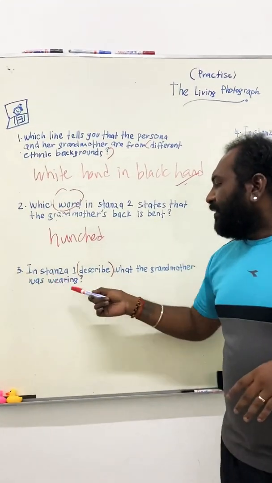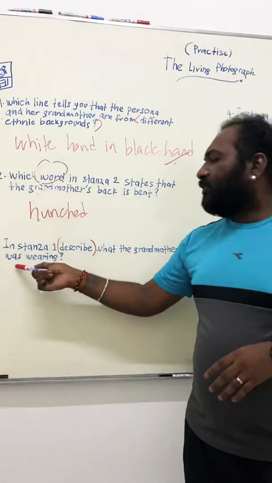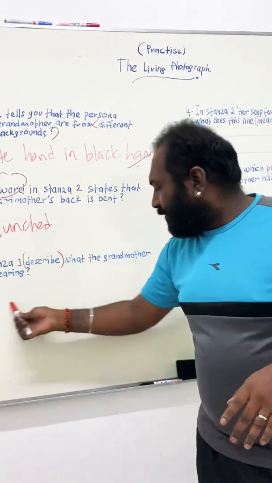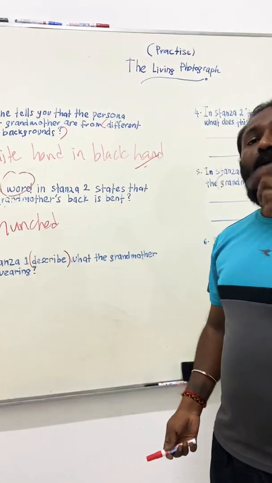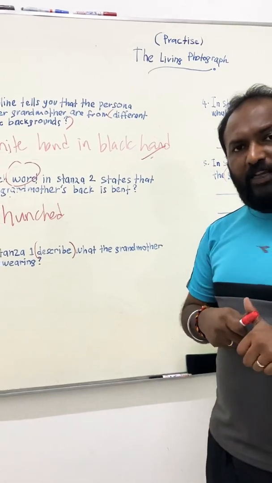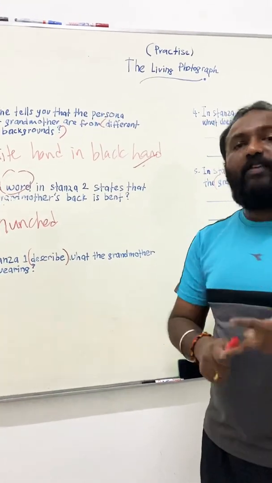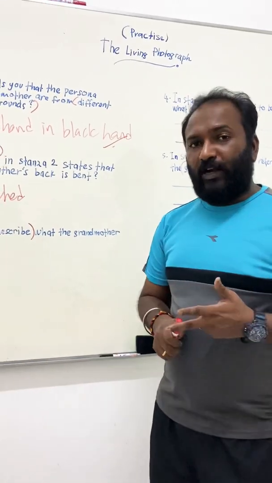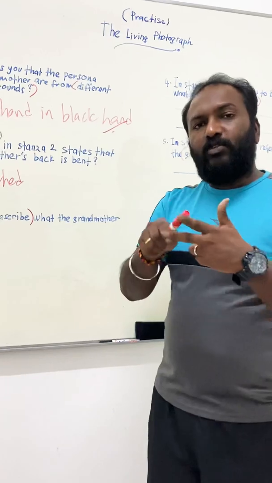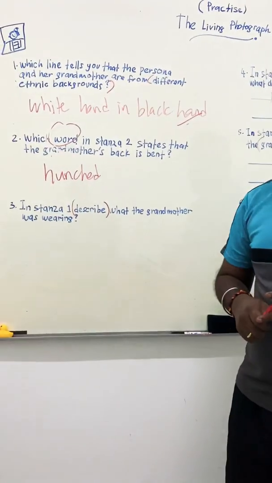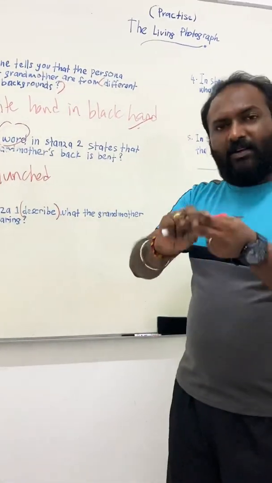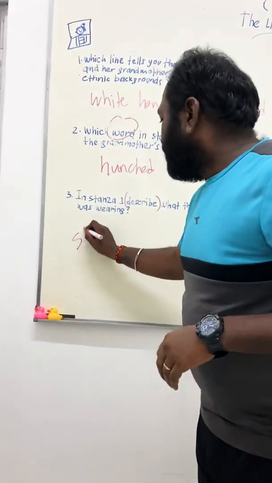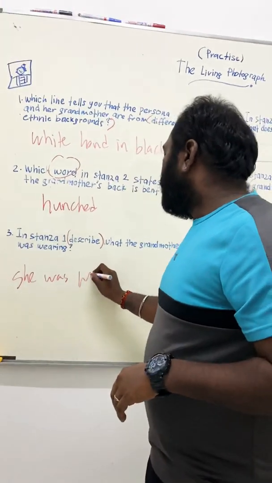In stanza 1, describe what the grandmother was wearing. Okay, if you remember, what the grandmother was wearing is given in line 2 and 3. White broderie English shirt, pleated skirt, flat shoes. These are the things that the grandmother was wearing in the photograph. So you have 3 options. You can choose either and write down as your answer, or you can combine all 3 together and write a new answer, such as she was wearing